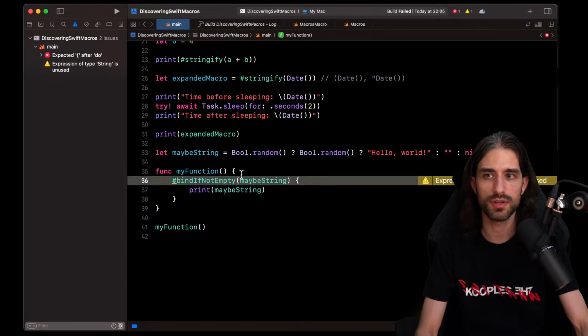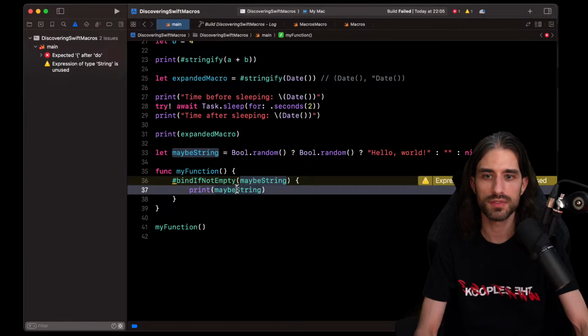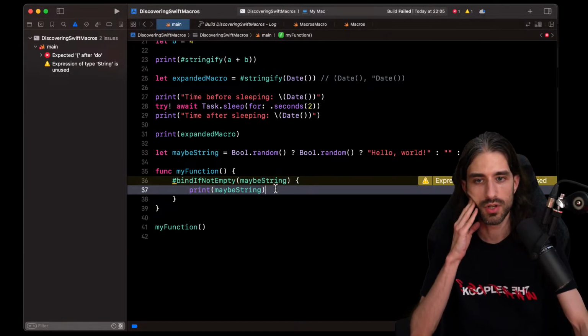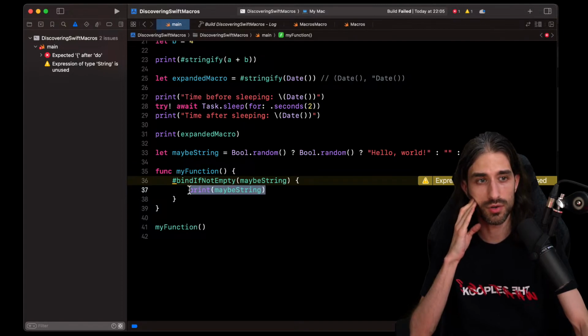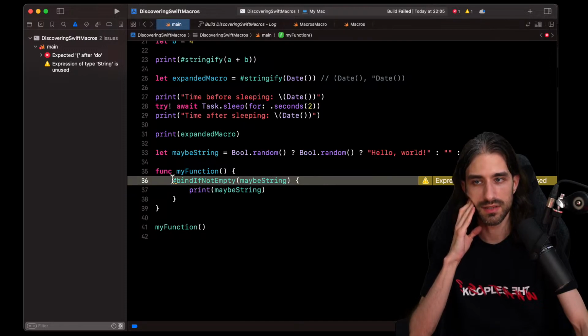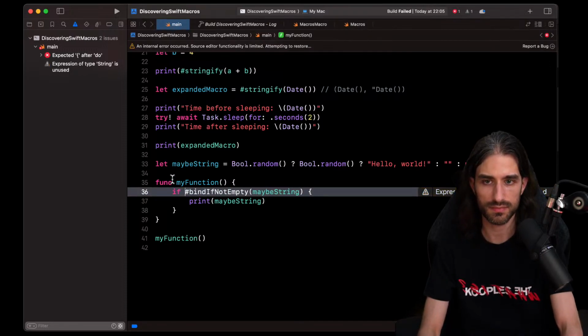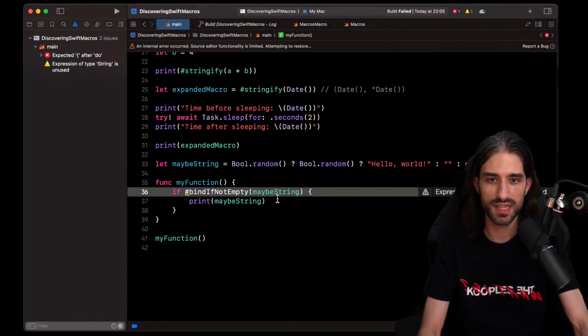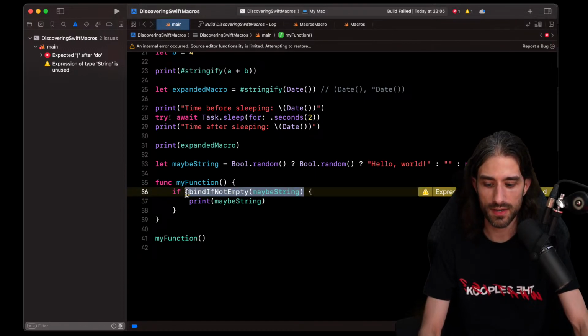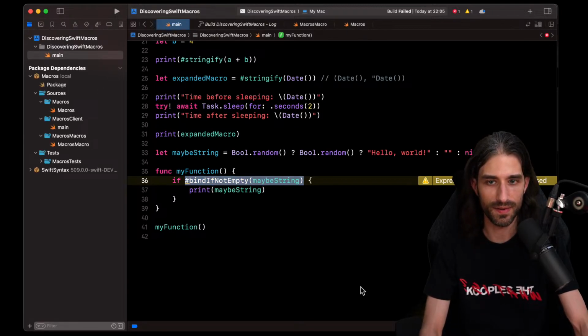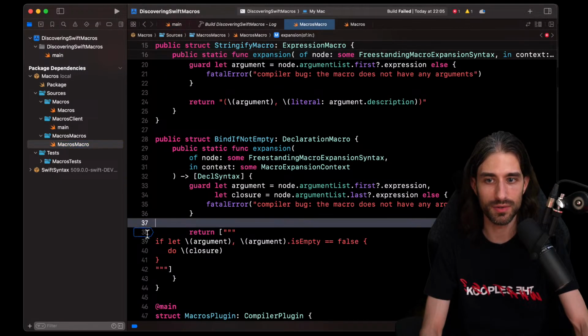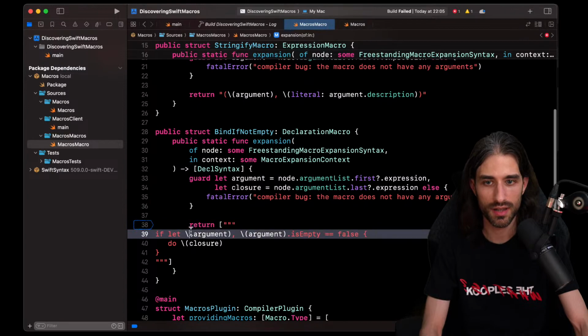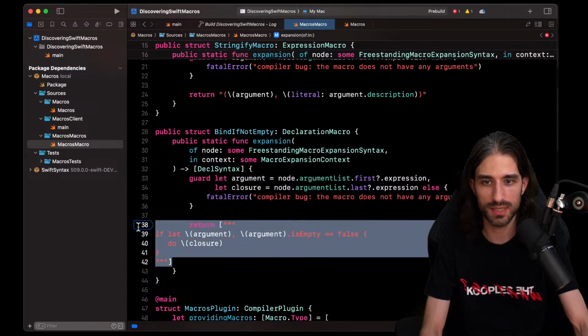But I'm wondering if I could do without the closure. No, because the macro needs to know about whatever code is after. If I do an if, I just want to see if I go back to my previous strategy of doing things like that, and this time I keep it being a declaration and not an expression, I'm wondering if it would still work. So you know what? I'm going to keep this around because I might need it.